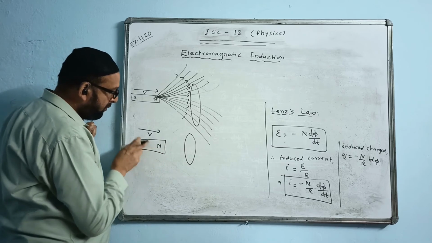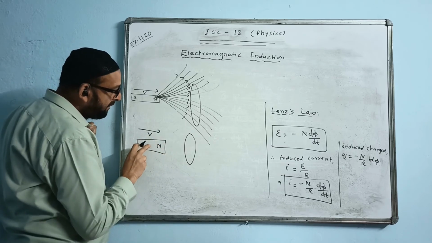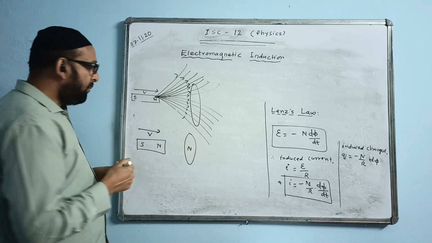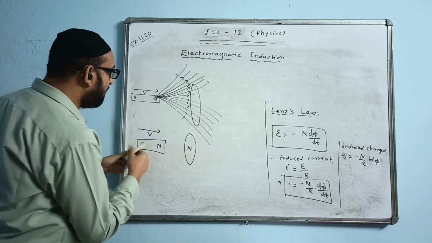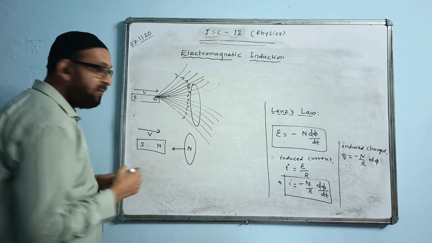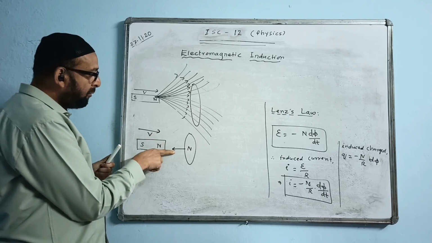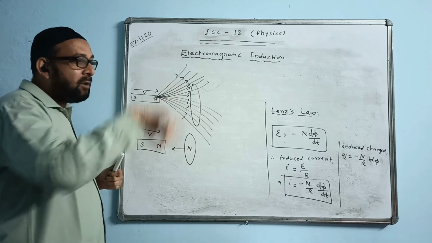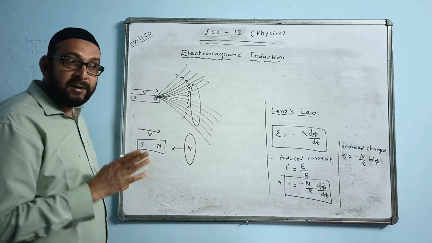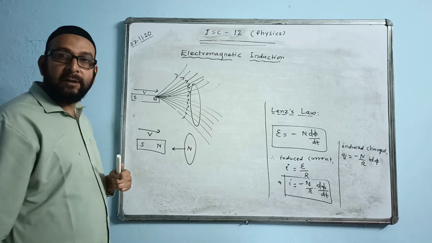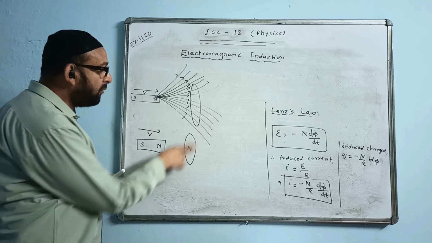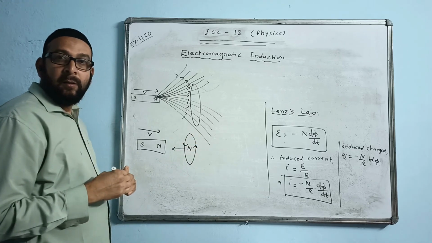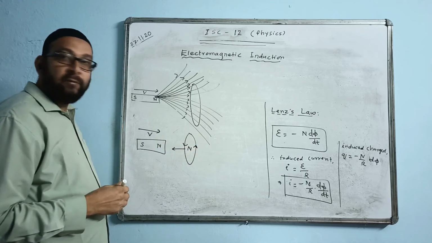First, the north pole is coming here. The motion of this magnet will be opposed by a north pole created in the coil, because north will be repelling north. This repulsion will give a force in this direction. Now this one is being opposed by this one, and we know the fact that in a circular coil, when current flows in anti-clockwise direction, it creates a north pole. Now the north pole is created. What direction will the current be? Anti-clockwise, like this. We mark the direction anti-clockwise.